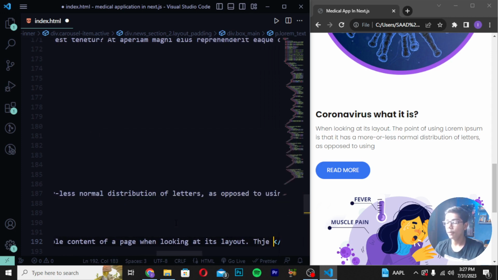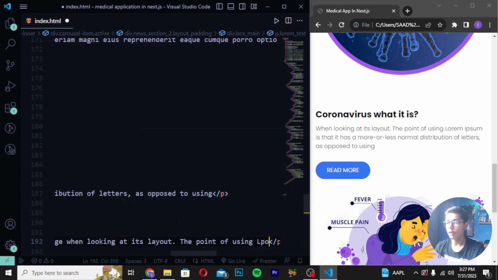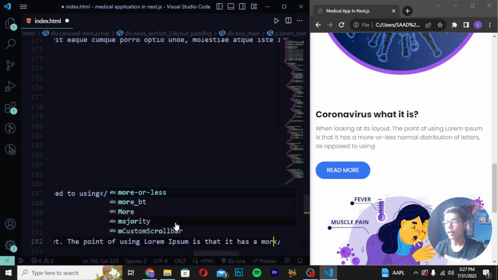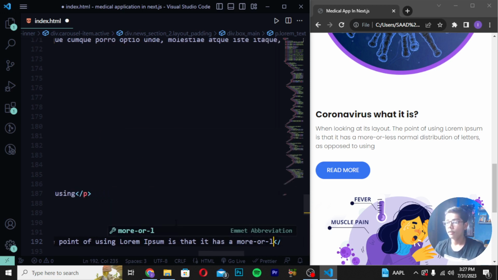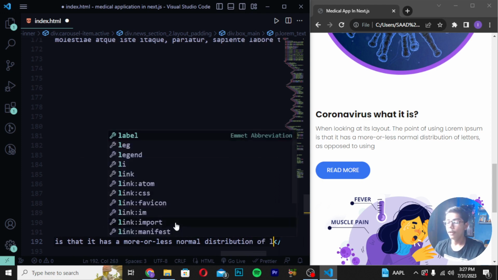The point of using lorem ipsum is that it has a more or less normal distribution of letters,